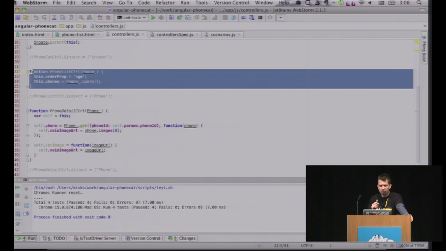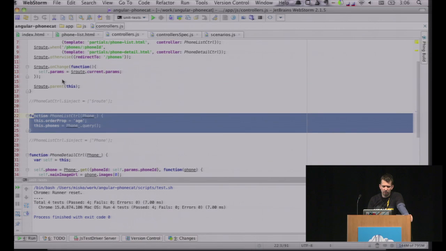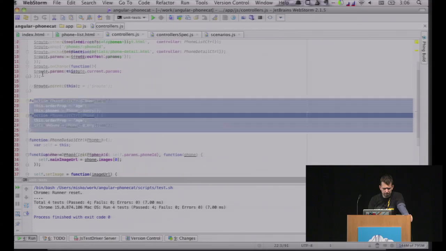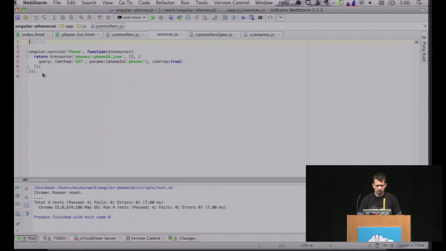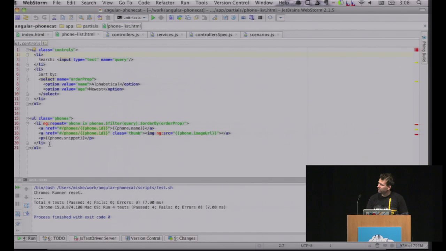And the list of phones, well, go find a phone and run a query. And phone is defined in our services basically as, just grab an XHR from this particular URL. I don't want to get into details about how all this stuff works. The point is, it's not a lot of code. And the reason it's not a lot of code is because all of the magic is inside a template,